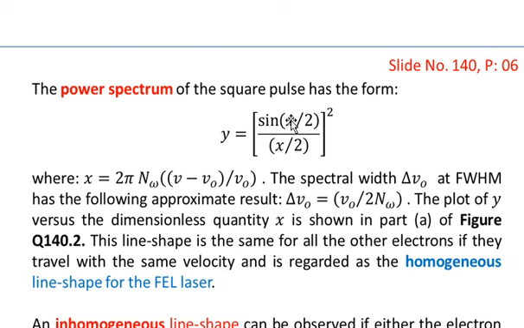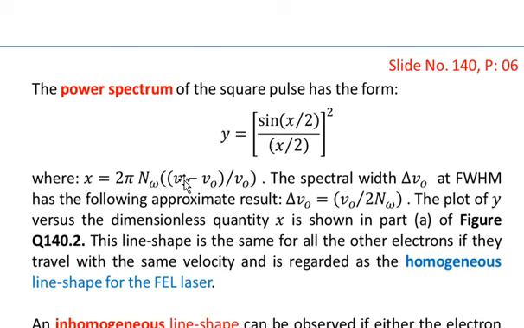Because I have not written pi over here, because the pi is introduced in the definition of x. You can see pi over here. So this is the power spectrum of the square pulse, where this x is actually 2 pi times n omega multiplied by nu minus nu naught divided by nu naught, where nu naught is the central frequency of the gain profile